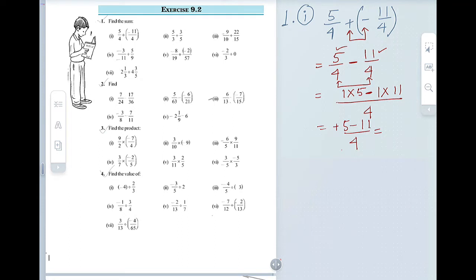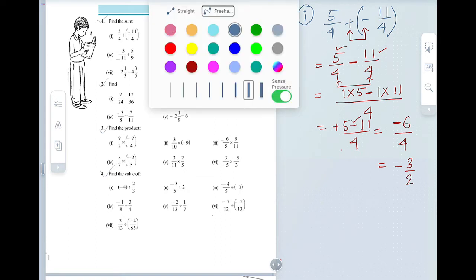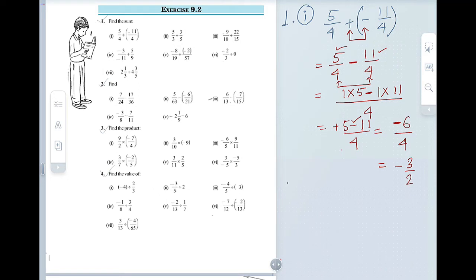After subtracting 5 from 11, we are getting 6, and the sign will be of the bigger one, that is 11. Before 11 we are getting a minus sign. So you are getting minus 6 by 4. If you want to simplify it, you get minus 3 by 2. So this will be the answer. Let us do the next one. As I have told, I will do the last